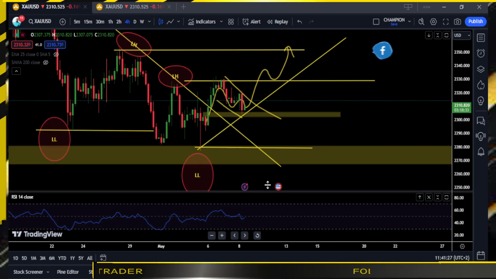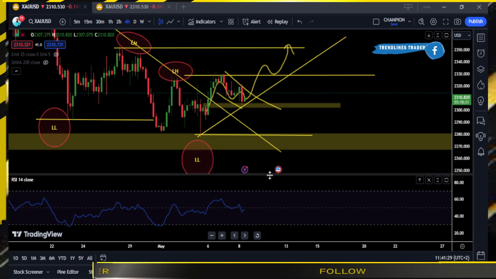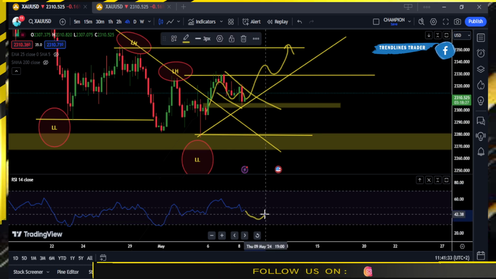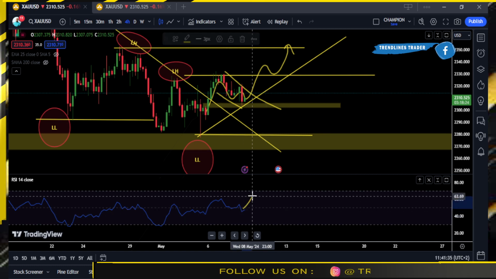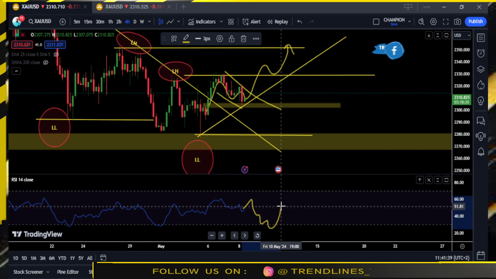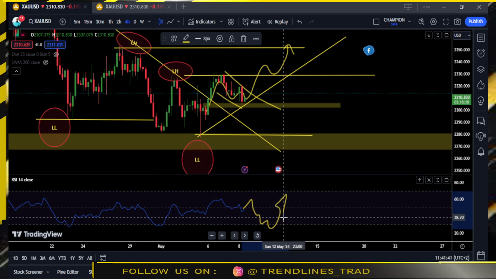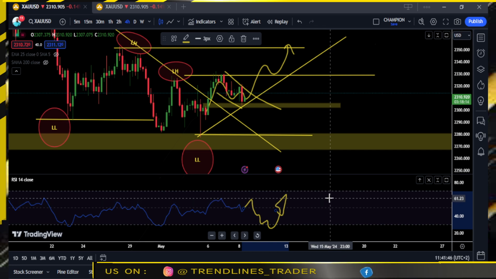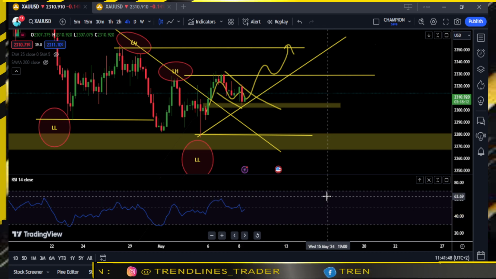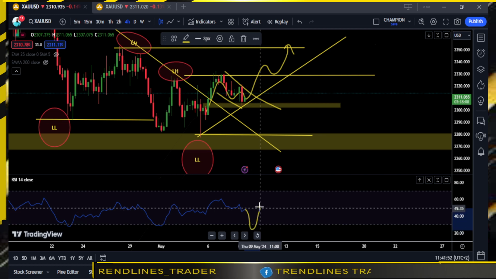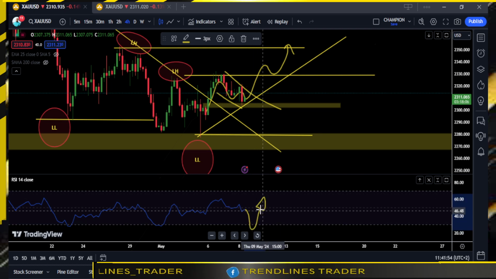When we focus on our RSI, it seems like the price is still going to move towards the downside before we could have our buying confirmation. It might be the price will shoot straight and just push towards the upside immediately,